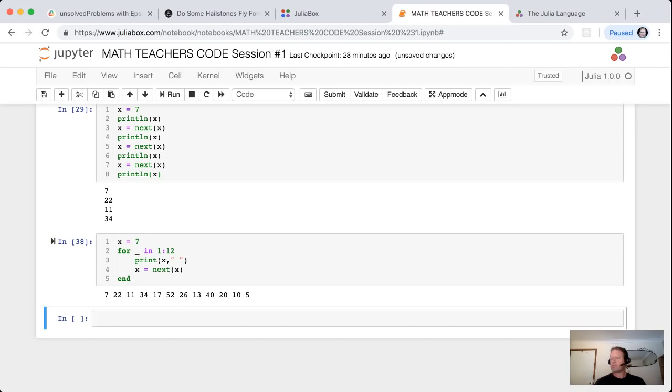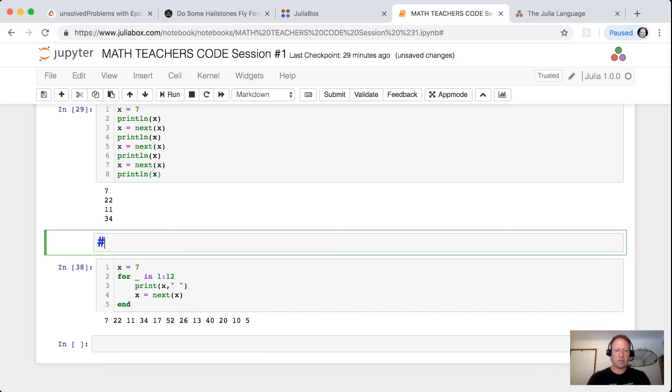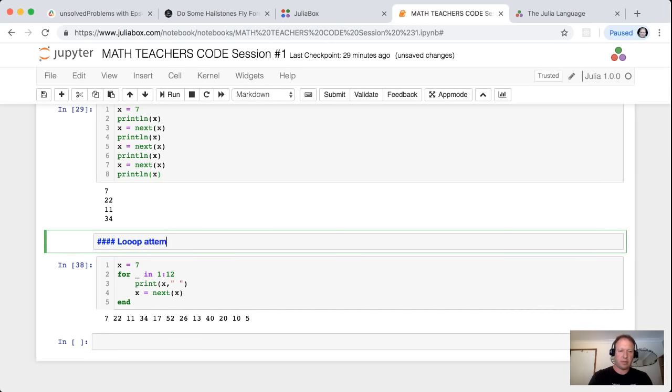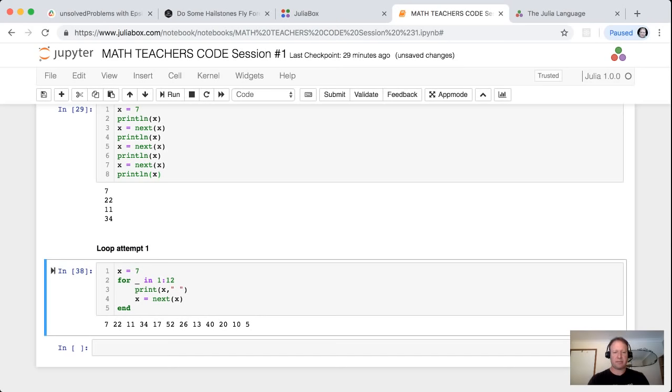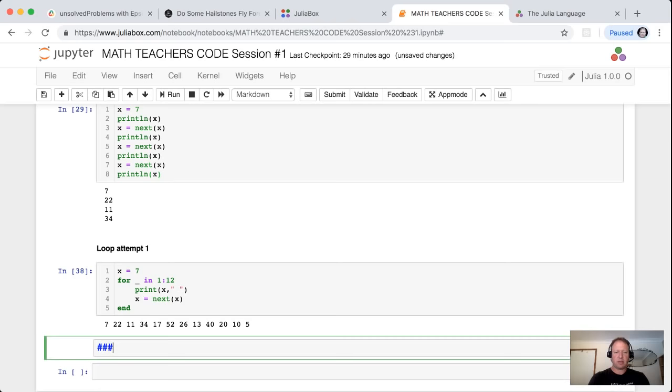Okay, so we're starting to get to where we want to, but our issue is this loop which runs a fixed number of times. So for this, let's introduce a different type of loop. I'll put a note above this in a markdown cell, and let's call this loop attempt number 1. And here let's create a better loop for this case, and we'll label it a more